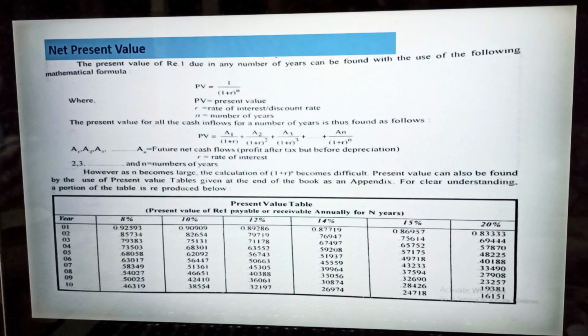This is the first method. Before going to discuss this, let me tell you that we can calculate net present value in two ways. One way is calculating manually, where for every rupee you do 1 divided by 1 plus R, like that. And the second way is that we can prepare a table, and use the present value table. It is already calculated, you only have to multiply with the value given there.